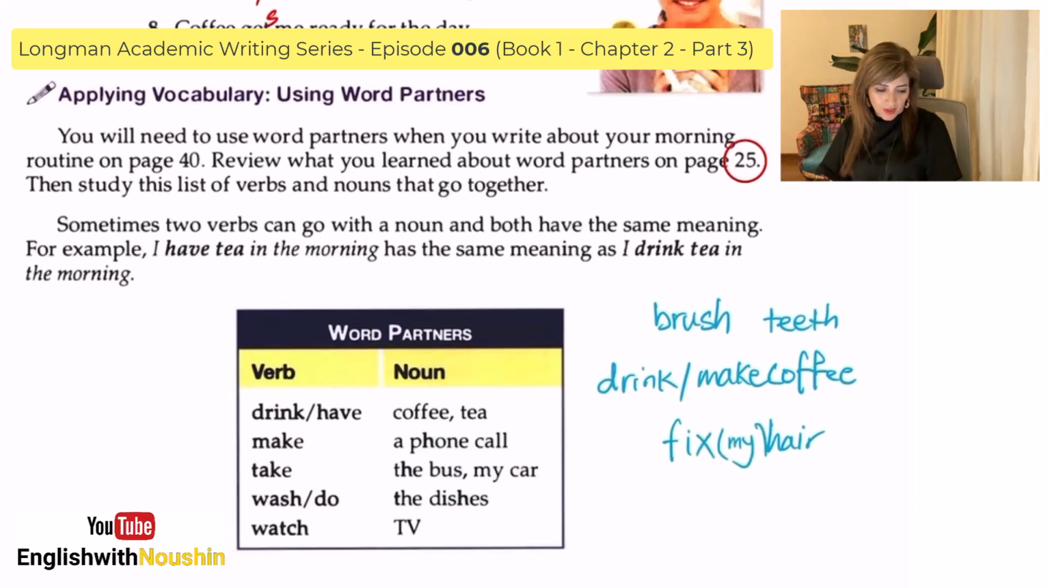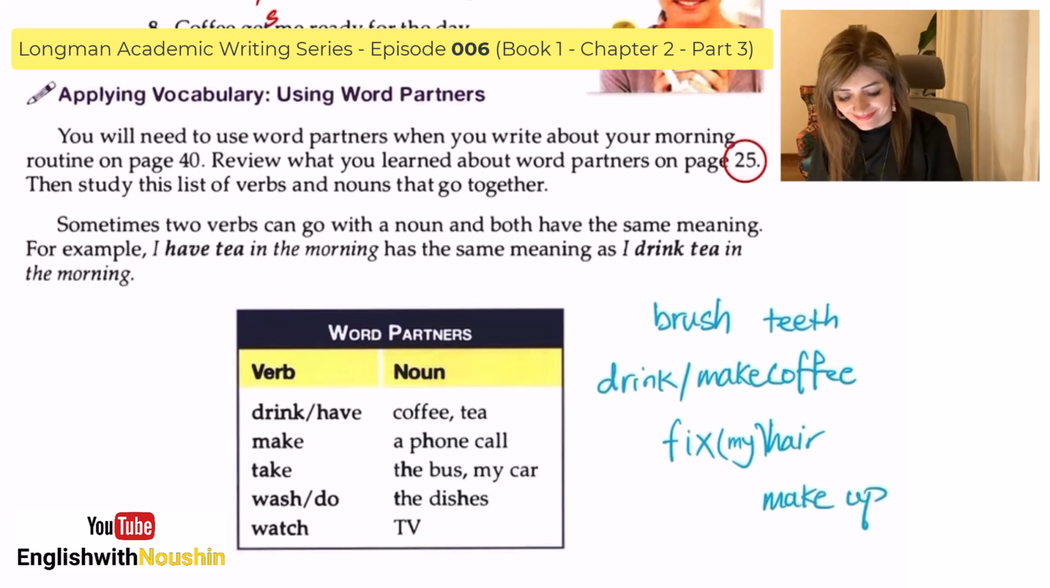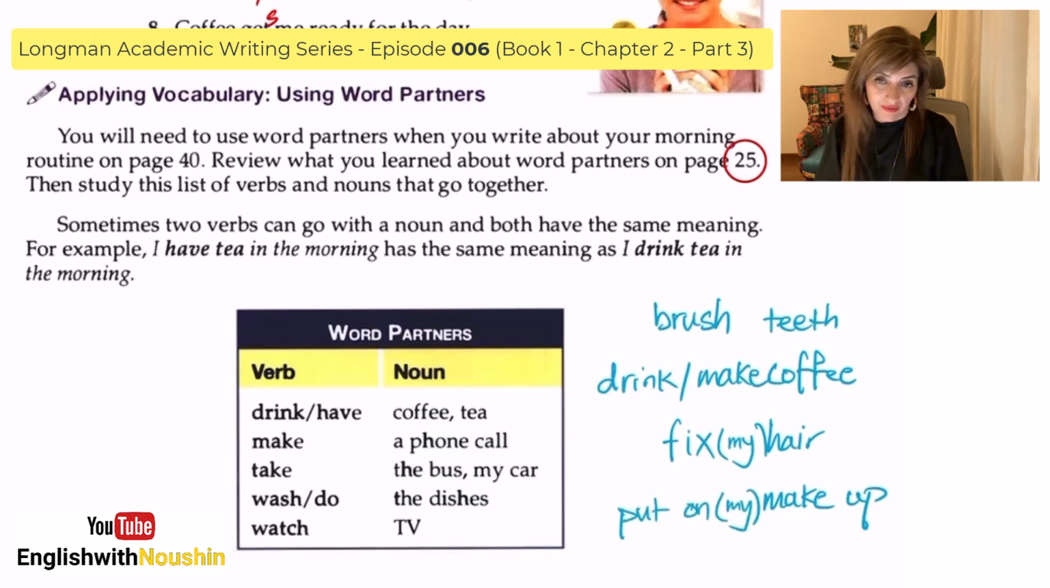One more. For example, makeup. What's the verb that goes with makeup? Put on. Sorry for the messy handwriting. These were some examples. Go to page 25 to remember them. But here we've got again word partners or collocations. Drink coffee or tea, have coffee or tea, make a phone call, take the bus, take my car, wash or do the dishes, and watch